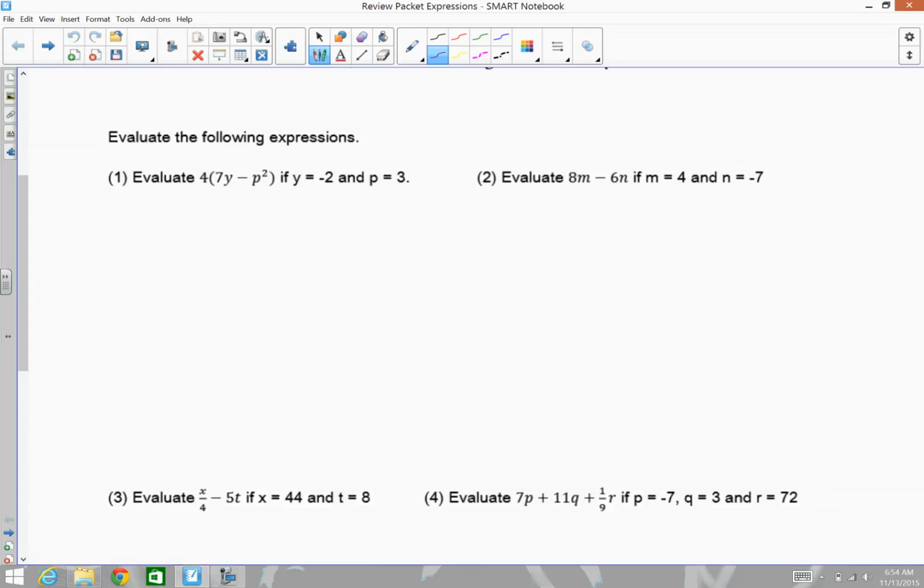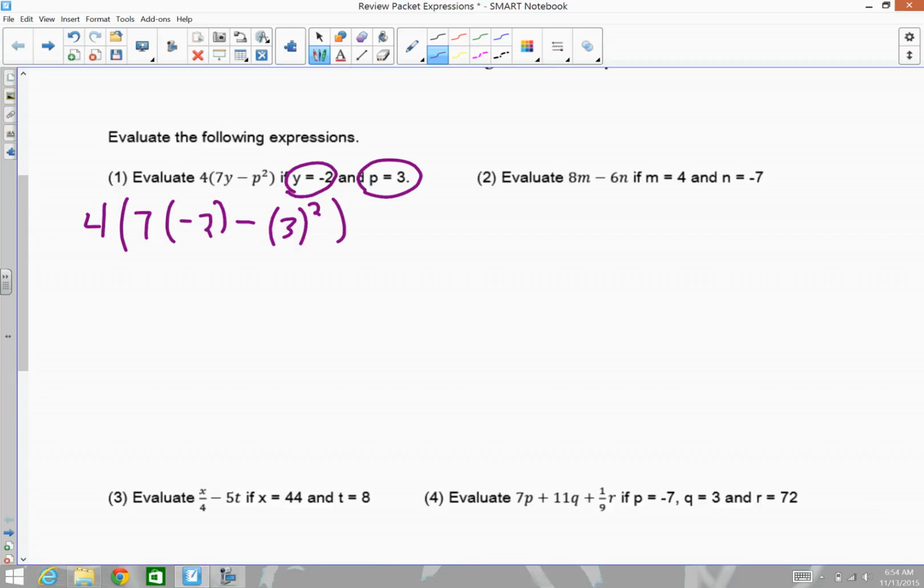When we evaluate expressions, anywhere we see a y, we're going to replace it with a -2, and anywhere we see a p, we're going to replace it with a 3. So what we should have here is 7 times -2 minus 3 squared. Keep any original parentheses, copy down anything else that's left. Okay, then PEMDAS